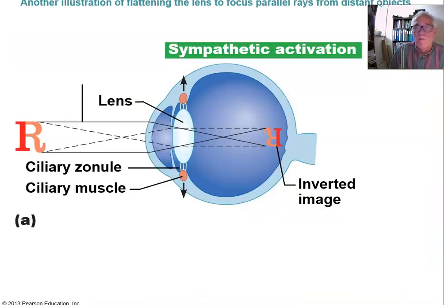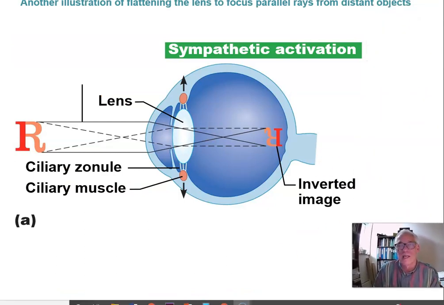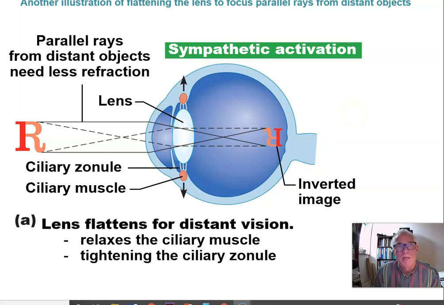However, if we switch to, here's just another drawing to illustrate the exact same thing. So here's our flattened lens. When we activate sympathetic neurons, we have relaxation of the ciliary muscle, and we're going to stretch this lens and make it flat, and we can see long distance. If we want to look at nearby objects,